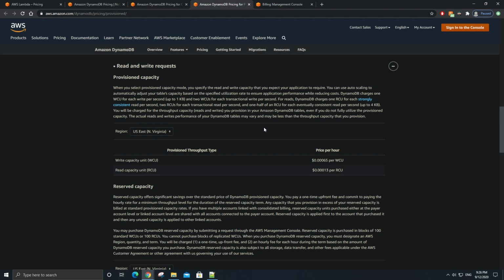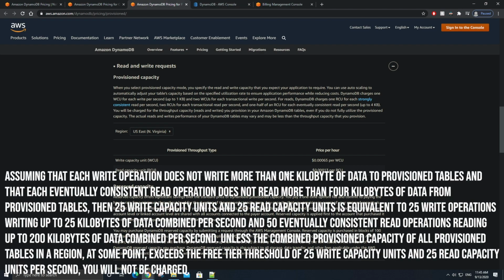One write capacity unit is counted for each kilobyte of data written by a write operation to a table, and half of one read capacity unit is counted for every 4 kilobytes of data read by an eventually consistent read operation from a table. Now, assuming that each write operation performed does not write over 1 kilobyte of data, and each eventually consistent read operation performed does not read over 4 kilobytes of data, both of which are very likely